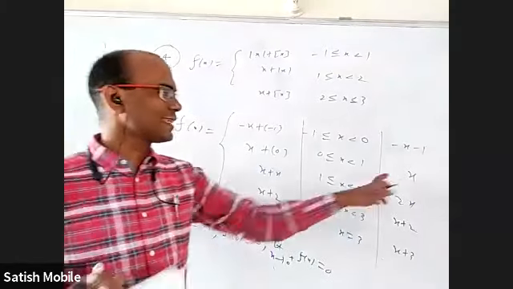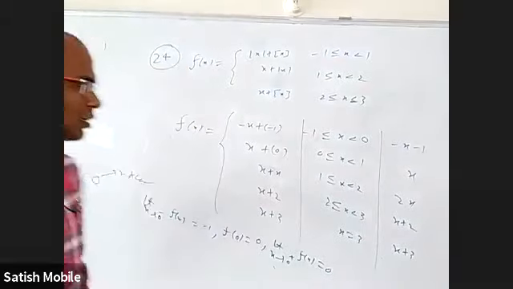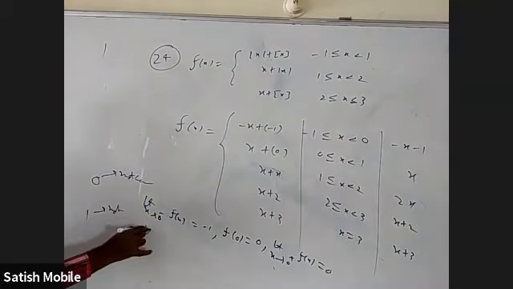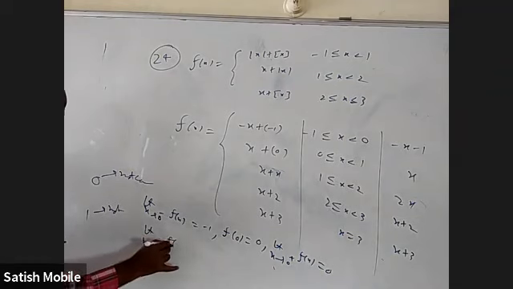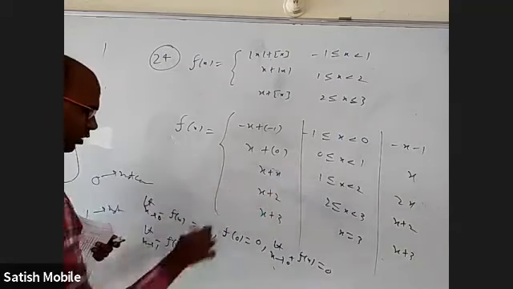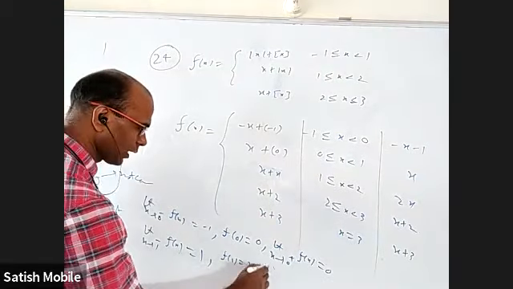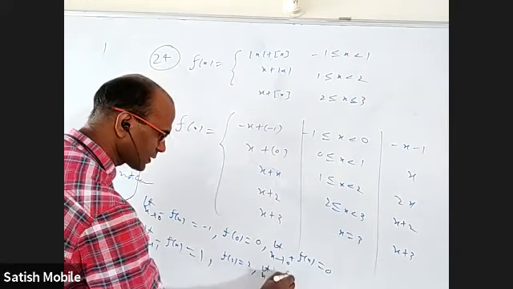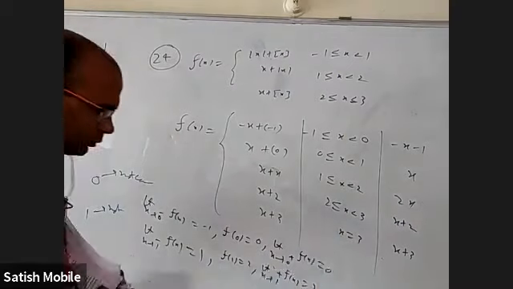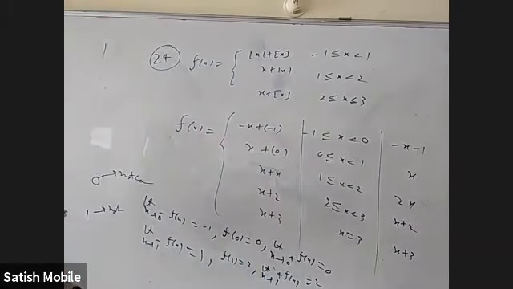What about at 1? At 1 you can see the left limit is 1 and the right limit is 2. At 1 the value is also 2. So again it is not continuous there. At 1 also it is not continuous. The limit as x tends to 1 minus of f of x, just before 1, is 1. And f of 1 is 2, and the limit as x tends to 1 plus of f of x is also 2. Here also it is right continuous but not left continuous.